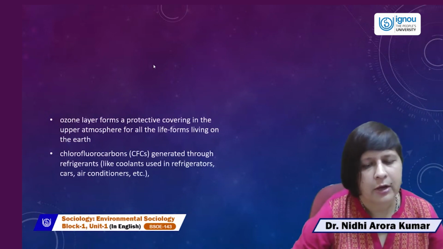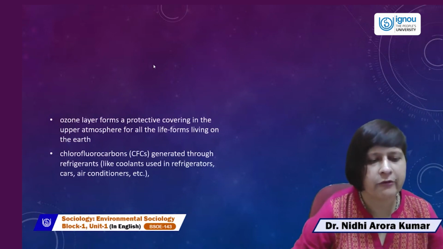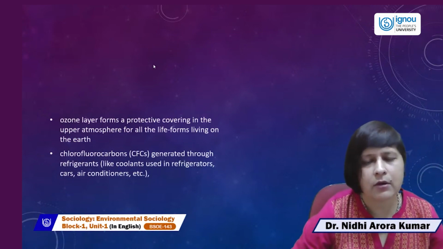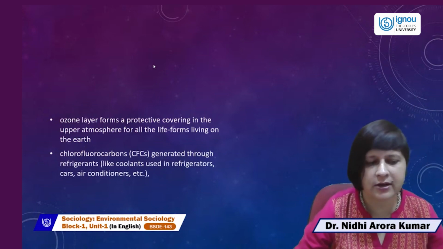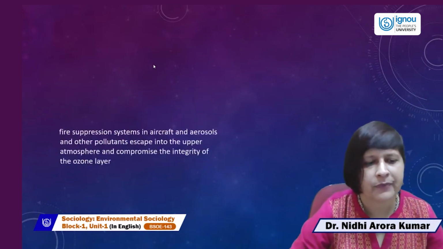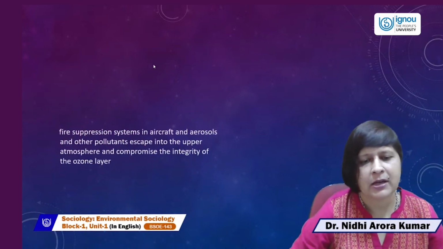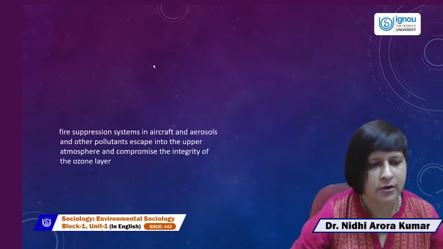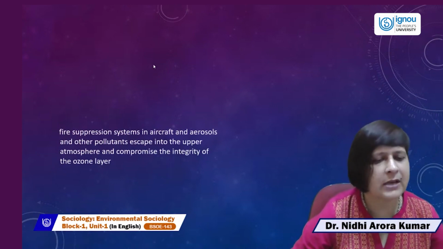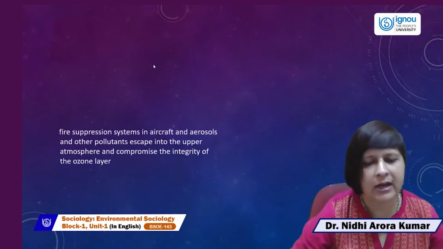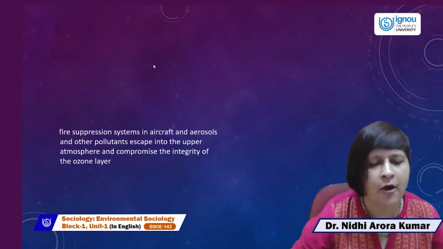The chlorofluorocarbons generated through refrigerators, which are used as coolants in refrigerators, air conditioners, cars, etc., fire suppression systems in aircraft, and aerosols and other pollutants escape into the upper atmosphere and compromise the integrity of